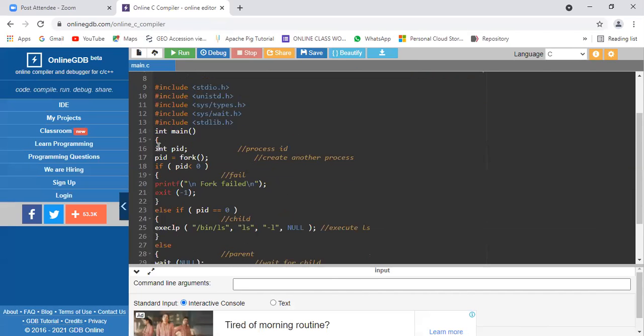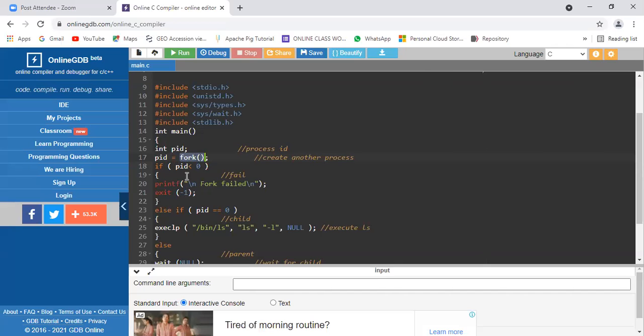So here int PID is used for representing the process ID. So as I told you, the process will be created with the system call called fork or spawn. So here I use fork. Later we will discuss about spawn also. Okay. Fork system call will create a child process. Probably it returns with the value, integer value. Okay. So that means after executing this, it assigns some integer value to this PID.